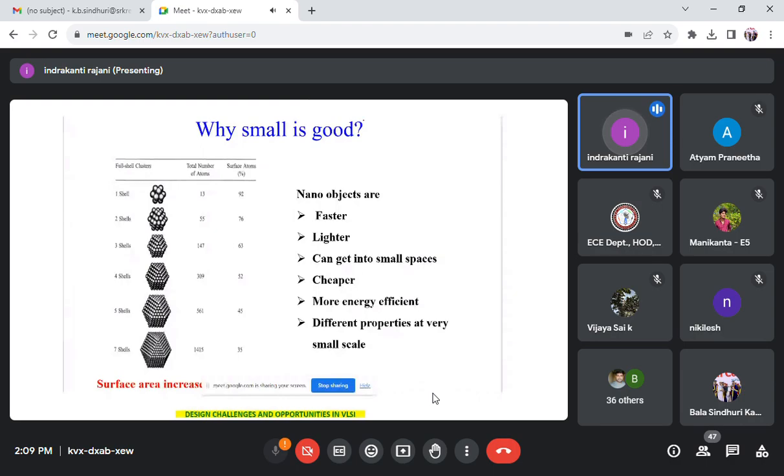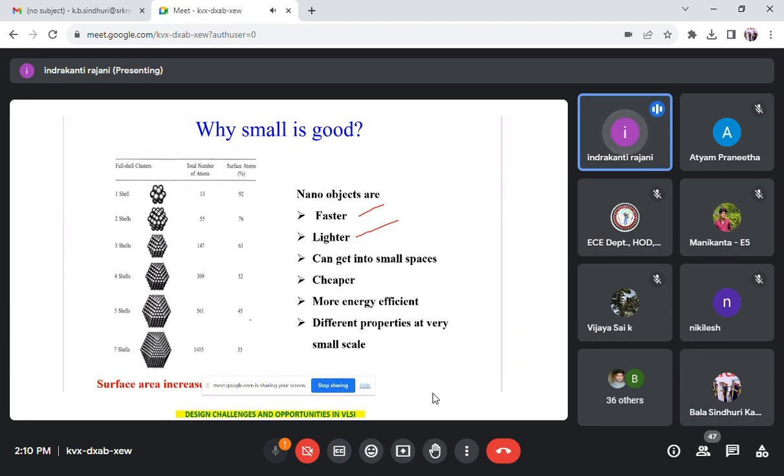So why is small good? Why are we running after these nanomaterials? Because nano objects are faster, lighter, can get into small spaces, cheaper, more energy efficient, and have different properties at a small scale. The two important properties making them different from macro and microscopic materials are: